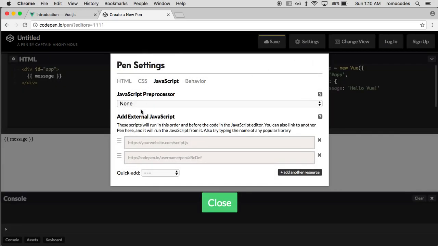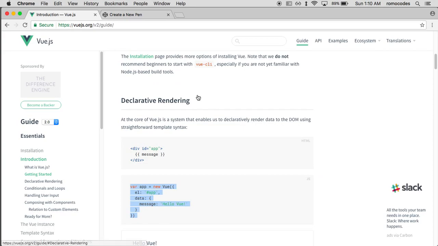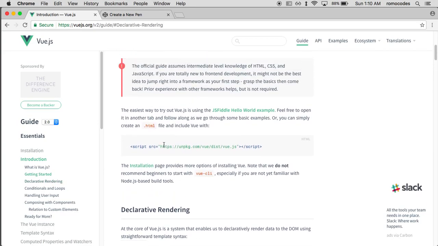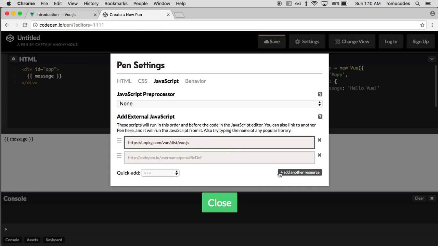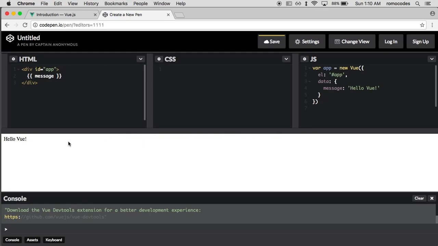The reason it's not working is because we did not add the Vue.js library. So let's add the library. And now it works. So now we can try what the documentation tells us by changing the app.message in the